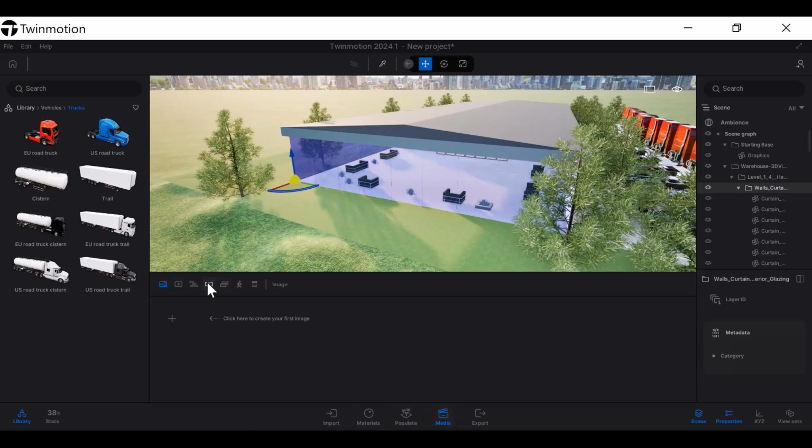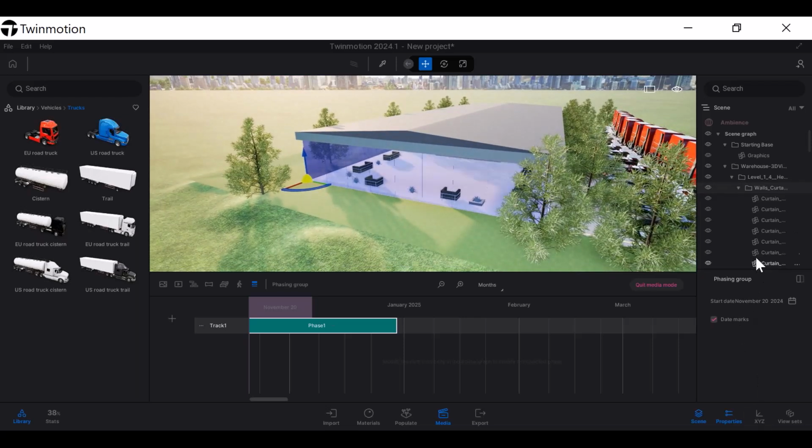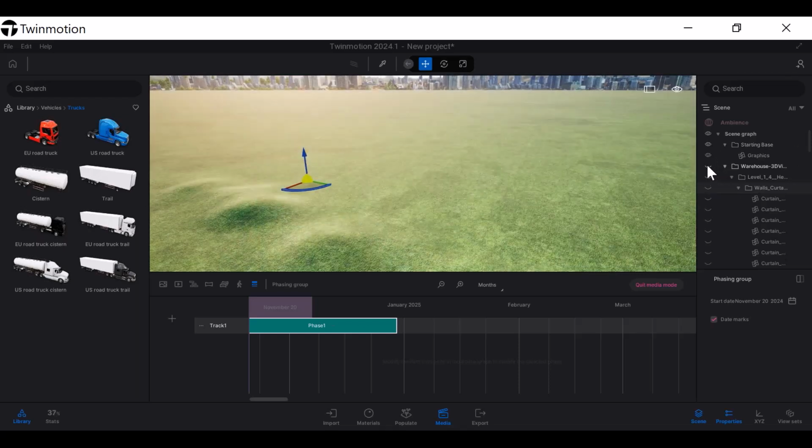But in terms of media, we would just come into our phasing group here, and we'll start to create our different phasing groups based off of what we're trying to accomplish. So, for example, in this timeliner, if I wanted this to be phase one, I might want to go ahead and turn off all of my elements here. Oops, not the starting base, but the model. So phase one from November to about January-ish will pretty much encapsulate nothing,